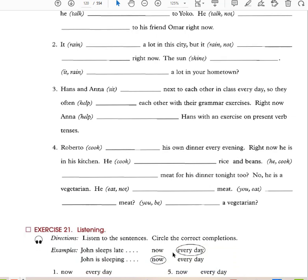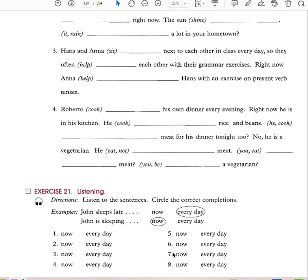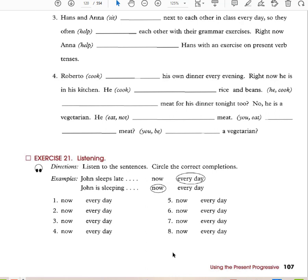So that's how you tell the difference between the simple present and the present progressive. The simple present is something that happens every day, and the present progressive is something that's happening right now. So that's the difference between the two. So if you're going to say every day, then you use